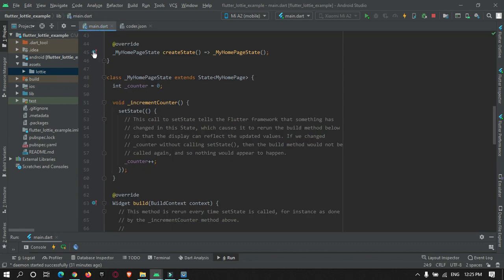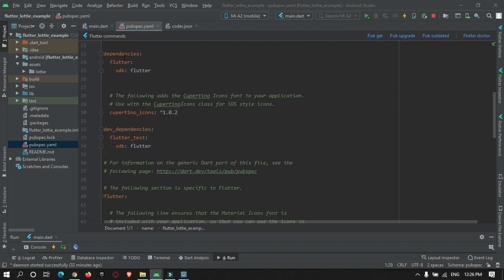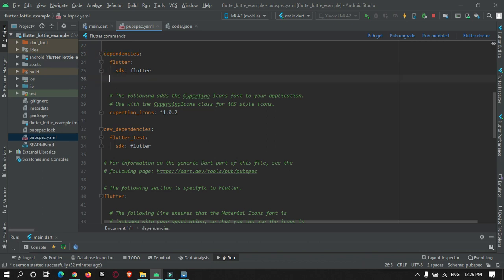After doing that, you need to add a dependency in your pubspec file. Just go to the dependency section as you can see over here, and under Flutter just add the dependency, that is lottie, and the version is 1.0.1.